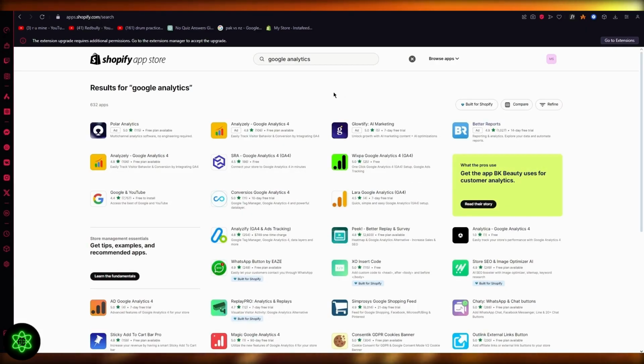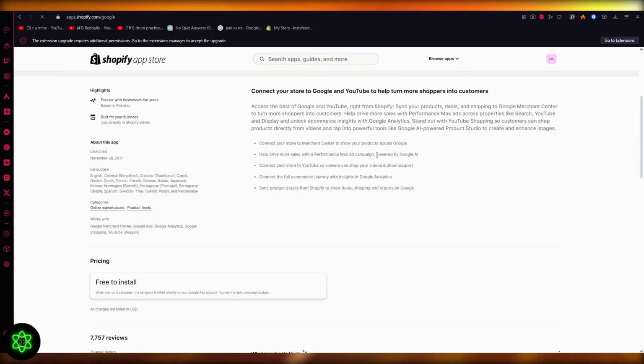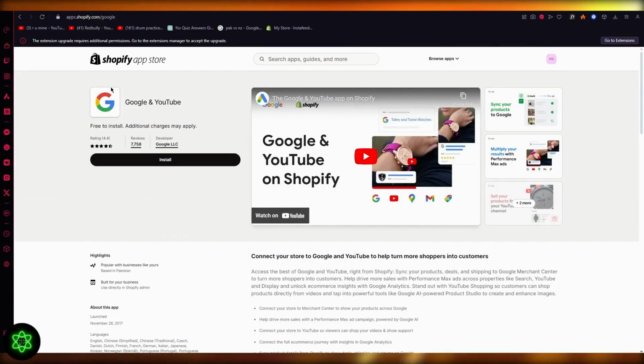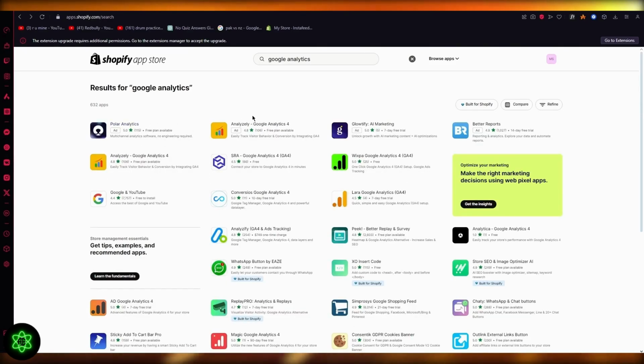So you have all these basic things like Google and YouTube, you have Google Analytics 4, etc. So you can choose to add the main Google and YouTube widget because this gives you most of the things to check. Okay. But I would more prefer that you get some application like Analyzly because Analyzly is basically a